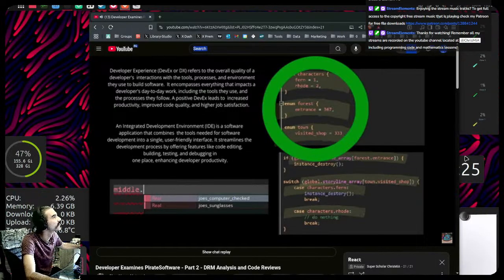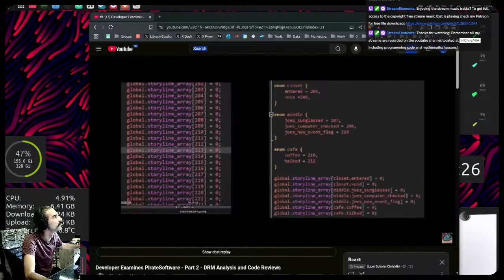Having good DX is important when working in a team, and I'd argue critical if you're trying to build and program something solo in a reasonable amount of time. So we'll stop worrying about the snippet since it's half decent code quality now and workable. Now, let's return to the global storyline array. While our enum change is a huge improvement over the original state of this file, this still isn't exactly good. Now, before I offer a solution, let's see why Jason used the flat single-dimensional array in the first place.